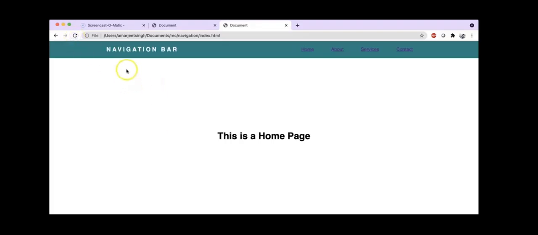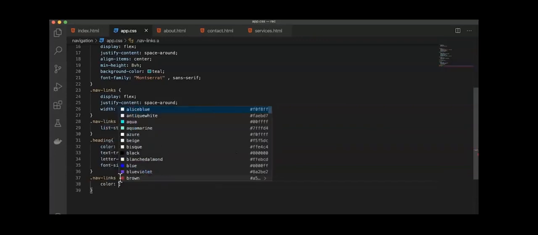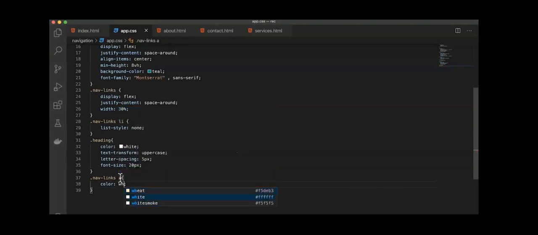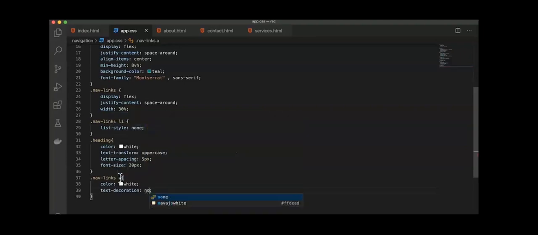Awesome. So this navigation bar is now looking great, and it is giving me all the basic operations which we have expected. Now this nav links which we have created, they are working fine, but I just want to make it even more beautiful. And how can I make it more beautiful? To make it, I would like to go ahead with the nav links again. Dot nav links of type anchor tag. Now I would like to style my anchor tag by making it color white, followed by text decoration none, and followed by letter spacing